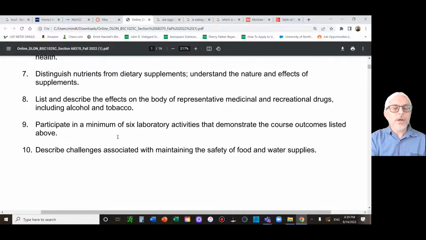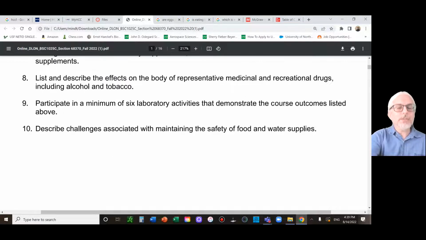Let's see. And of course, that little tidbit at the end, how to deal with safety. It's not a good idea to eat food that's expired 30 years ago. I mean, seriously, there's a dude on YouTube that loves to find World War I food and eat it. Don't do that. Don't eat the food. You're going to die, dude. So you've got to be really careful. Water supplies, that kind of idea, very important, of course, water. So again, these are set down by the college.